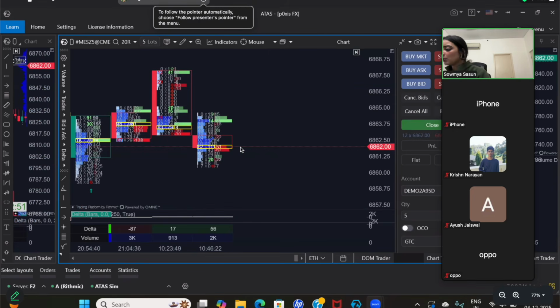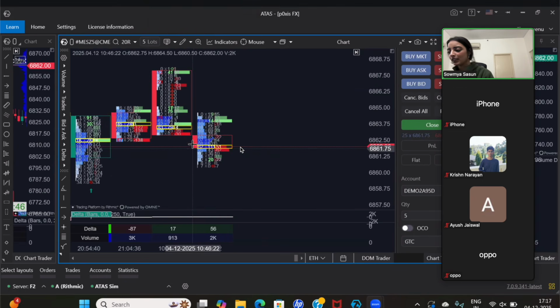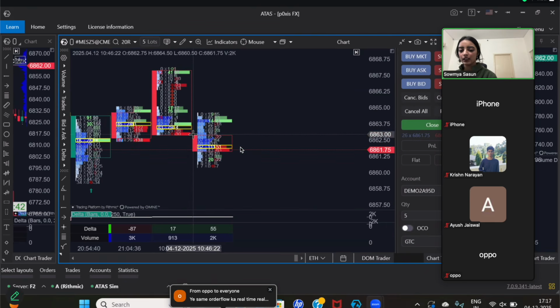Okay, so you can see until now how the charts were moving, right? The price is currently moving, right? Why? Because the market is open right now, and you can see that the footprint is moving. Now,